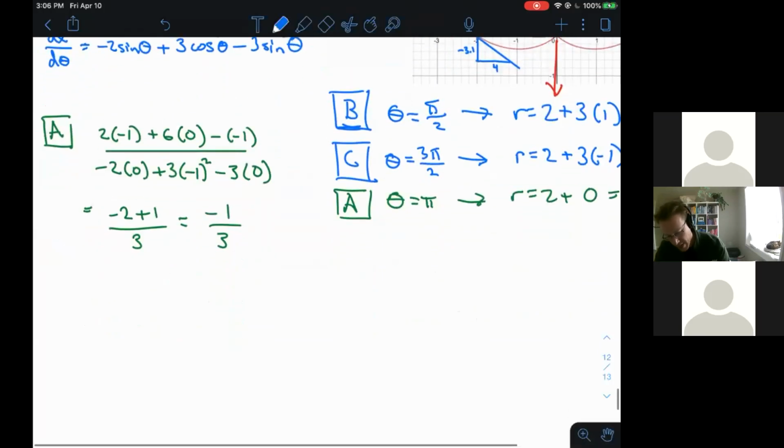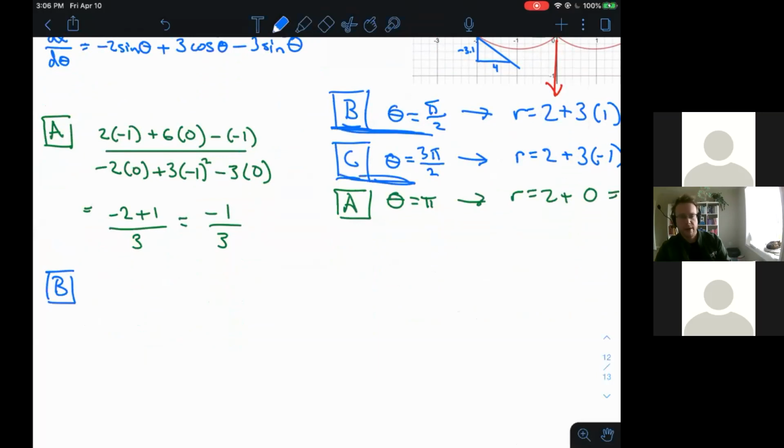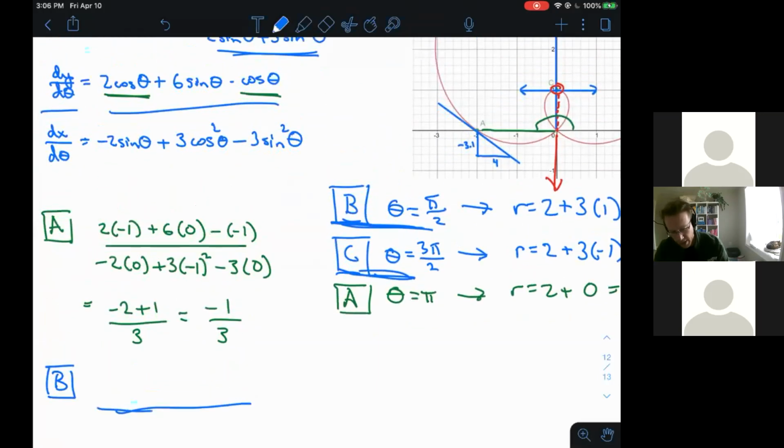Okay, at B, if I plug in theta equals pi over 2, so again, I'm looking back over here to figure out what theta value I should be plugging in for B, and then for C, it's going to be pi over 2 and 3 pi over 2. And we can see really all the action is going to be happening in the numerator here. When I plug in pi over 2 into this,